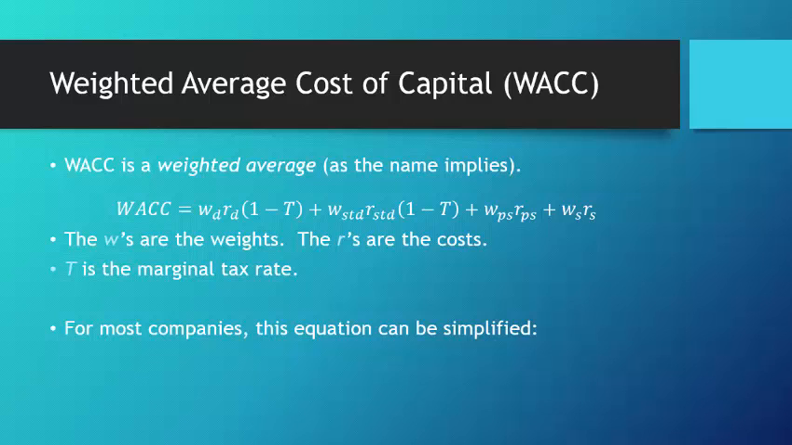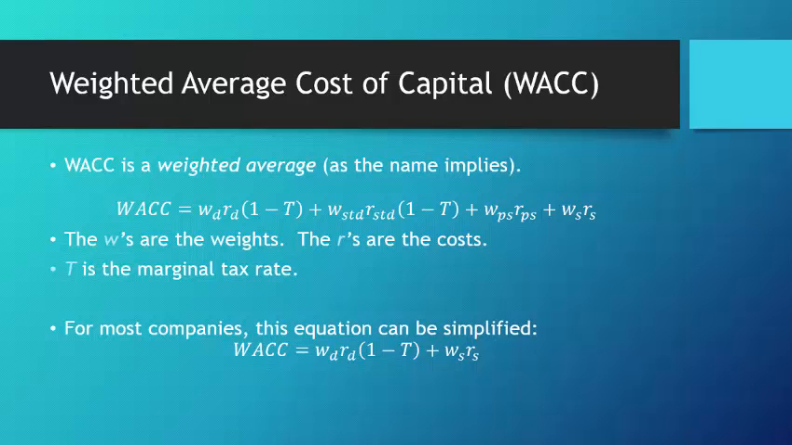Now the problem is you're going to be looking at that and you're going, oh my word, that's really long. Well, usually this is what we're looking at: WD times R sub D times 1 minus T plus WS times R sub S, period. That's it. In almost every instance, in fact, I think in every instance I've ever done in the last decade